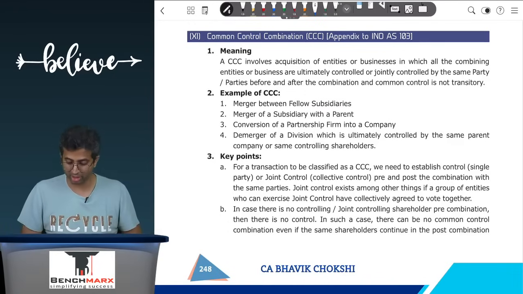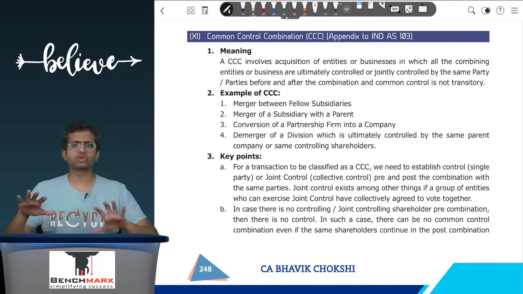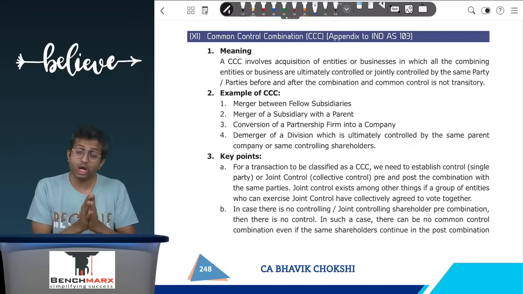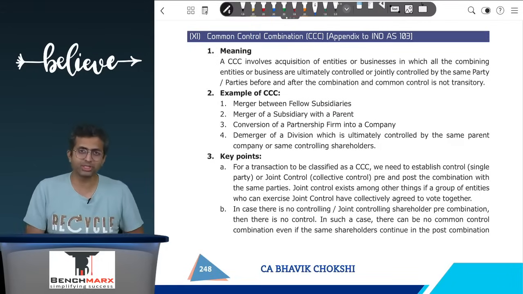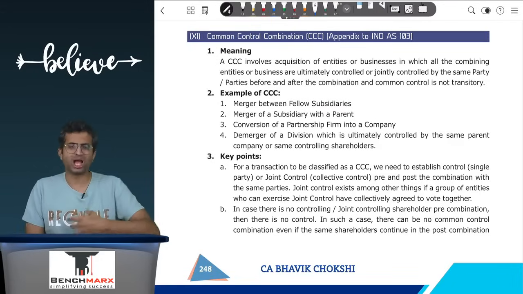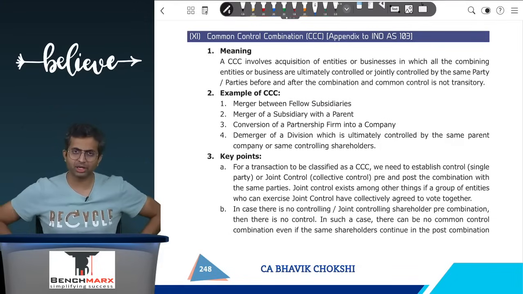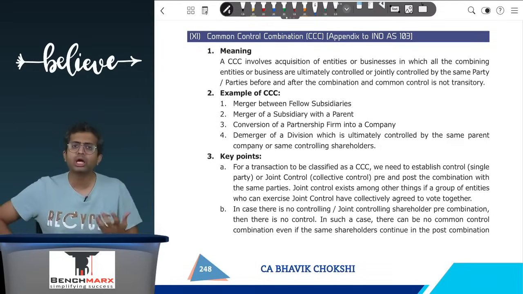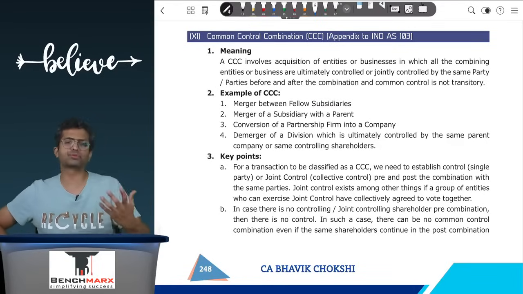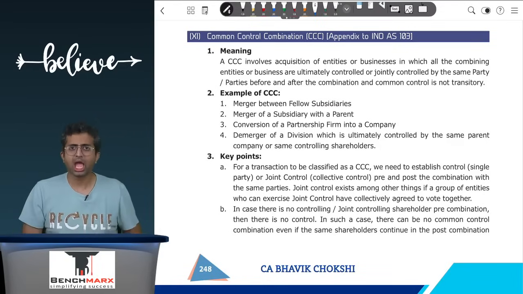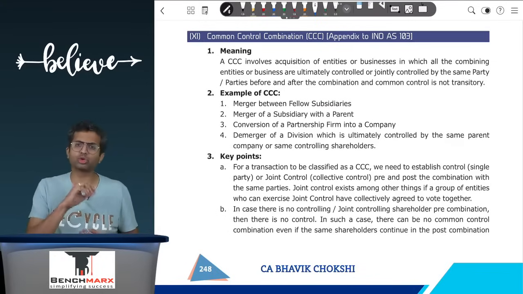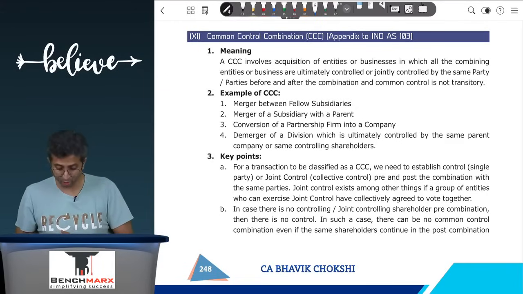It is not just for a small transitory period. Like for example, acquisition of subsidiaries. If there is a parent and it has 2 subsidiaries, and subsidiary 1 is acquiring subsidiary 2, then on the face of it, it is acquisition of control over a business. However, subsidiary 1 and subsidiary 2 are both controlled by the same parent, and hence pre and post combination, the control of subsidiary 2 continues to be with the same parent. It is more of a restructuring than an acquisition of control over a business. You are just restructuring your business. And such transactions are to be accounted for using the pooling of interest method. So common control combinations are accounted for using a different method called the pooling of interest method.